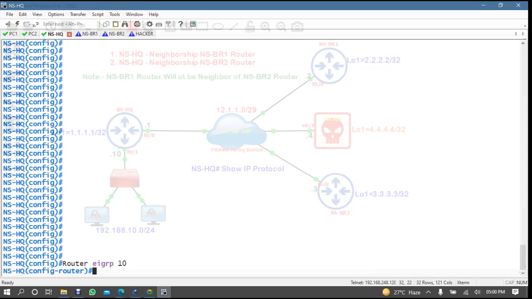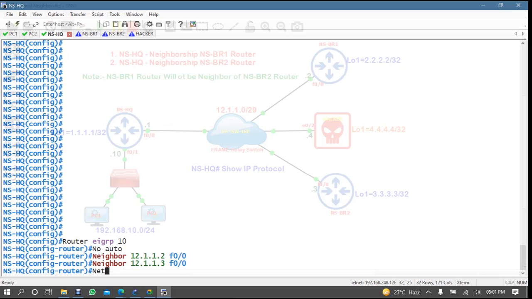Then type here no auto-summary. Then first you define the neighbor. Who is your neighbor? I want to make a neighbor with branch 1, and that neighbor is connected to me via FastEthernet 0/0, and branch 2 is also connected.